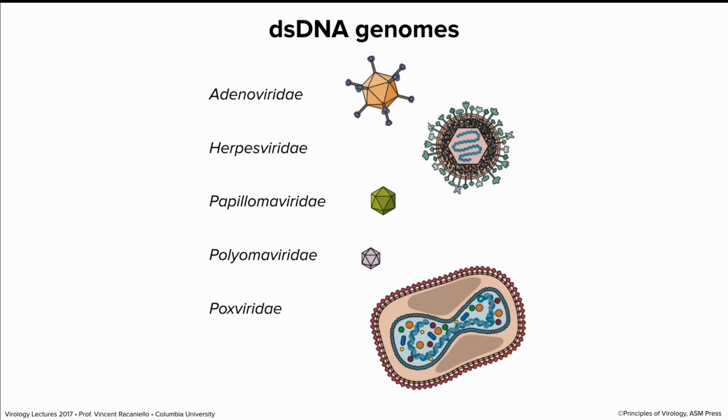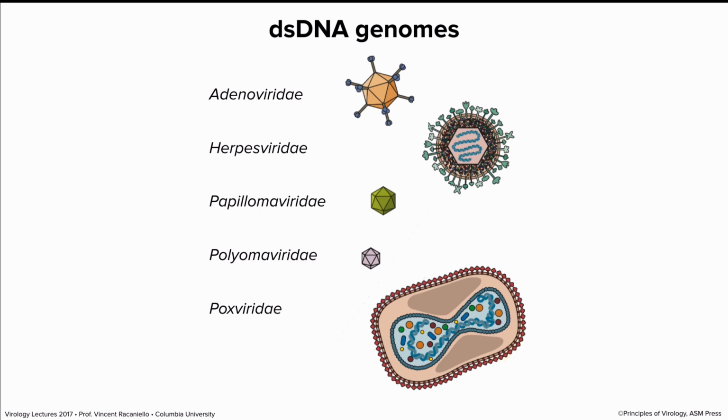Now, here are some viruses with double-stranded DNA genomes, and these are, again, examples that we're going to talk about in this course in terms of replication and pathogenesis. The adenoviruses, which you will remember because they have this very unusual Sputnik-like appearance. The herpes viruses, which are membrane-encased virus particles. All of you have most of the known herpes viruses in you right now. Papillomaviruses. These are viruses that cause warts on your hands, on your feet, but they can also cause anogenital warts, which lead to cancer. And we'll talk a lot about them.